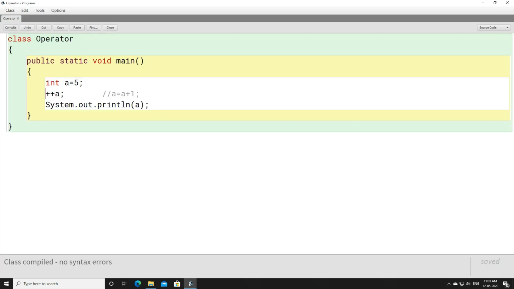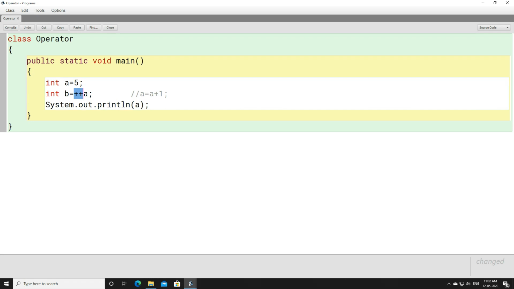But the difference you can see, if you have a variable int b and you are writing int b = ++a, right? Because we have used the ++ sign, we are using pre-increment.